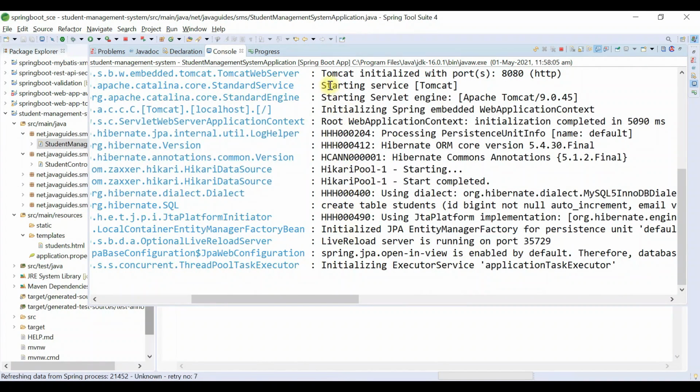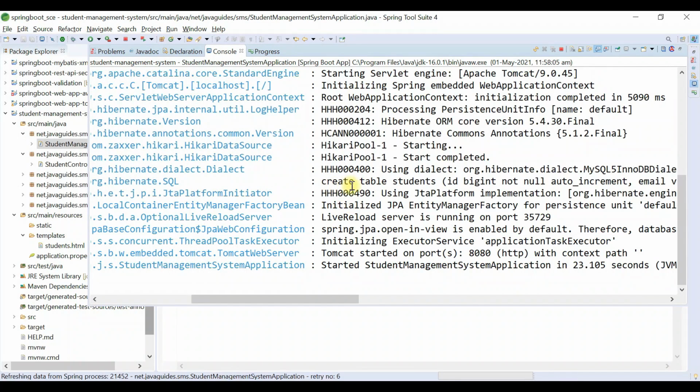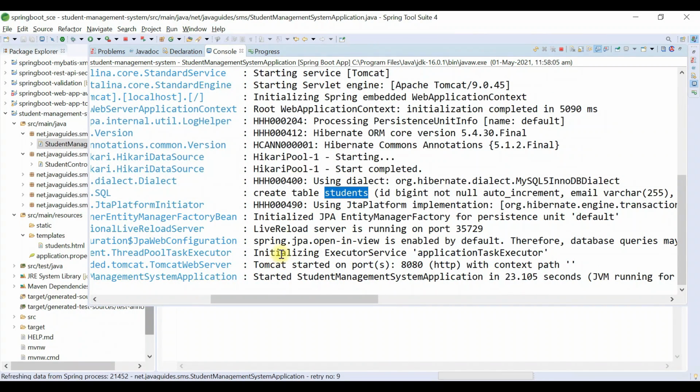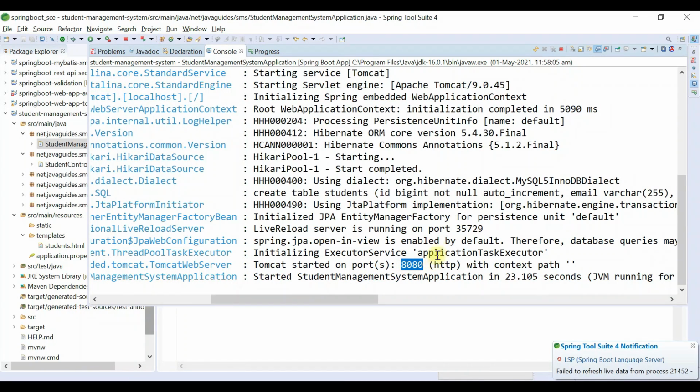So look at the statements on the console: create table students. So the students table is successfully created by Hibernate automatically. We don't have to manually create the table. And our Spring Boot application is up and running on the embedded Tomcat server on port 8080.